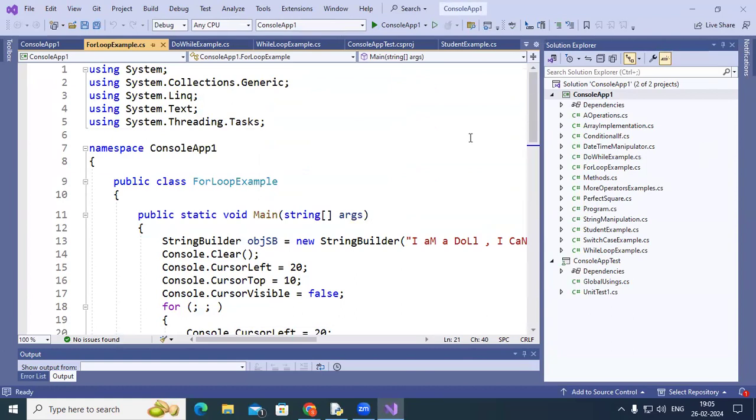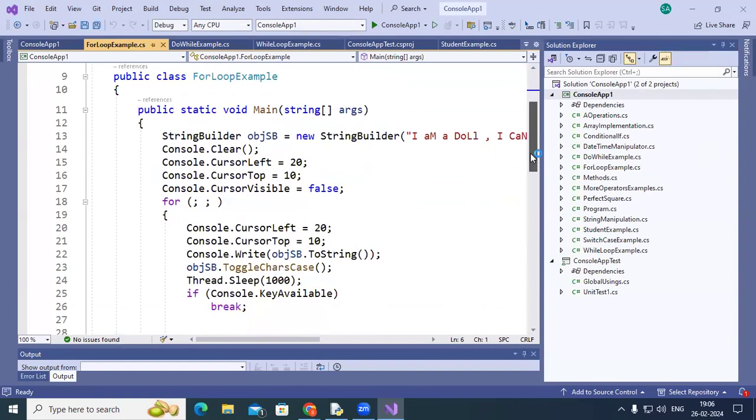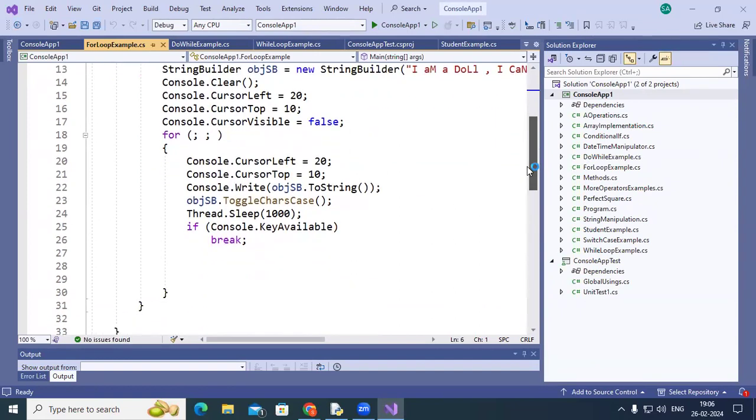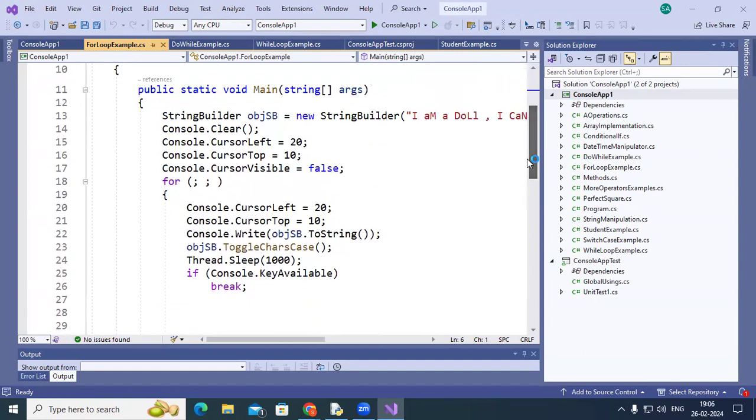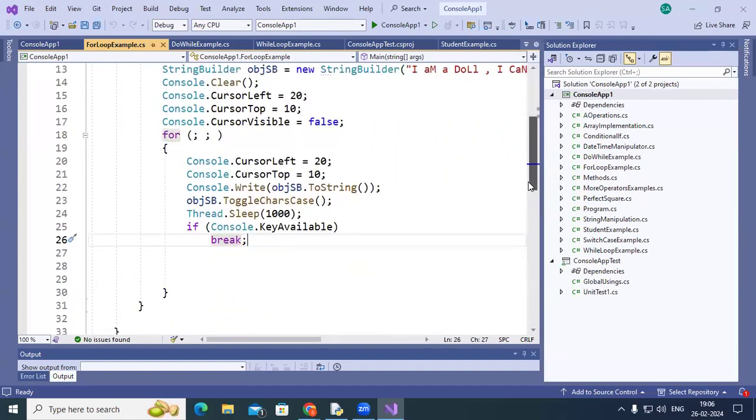So in the last session, we were doing the for loop. There is one for loop actually. This is an infinite for loop. What kind of for loop is this? Infinite for loop. That means as long as you don't press any keyboard key, the loop continues. And this program is outputting